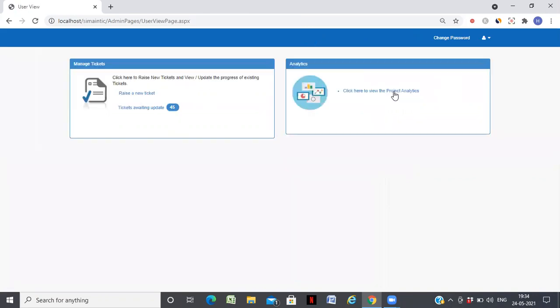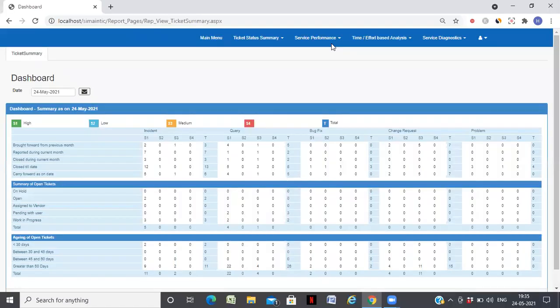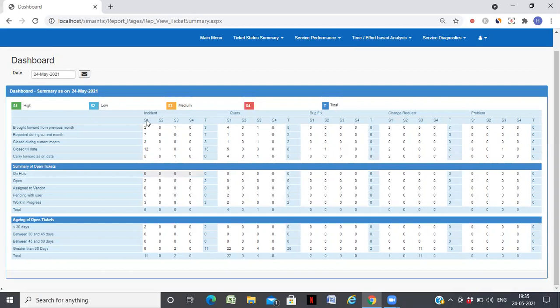I'll show you a brief sample of the analytics that are available. This is a single dashboard which gives you a comprehensive analysis of the support. You have incident, query, bug fix, change request and problem, severity S1, S2, S3, S4, brought forward from previous month, reported during current month, closed during current month, closed till date, carry forward as on date.